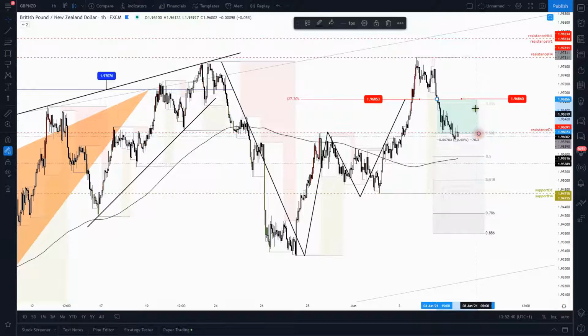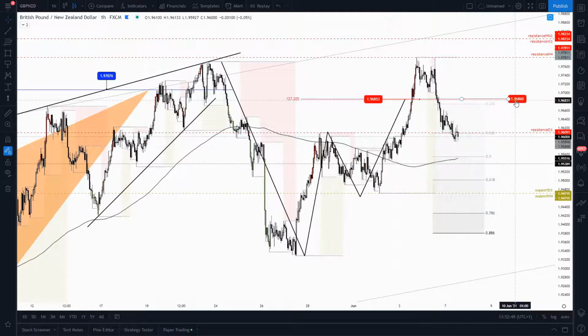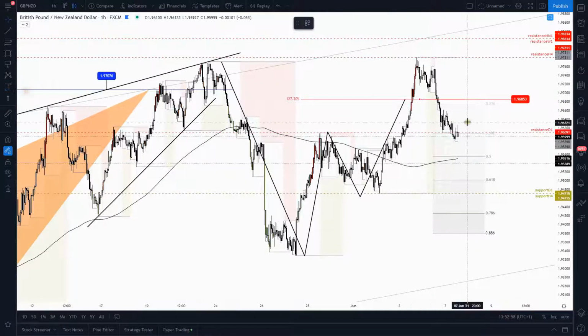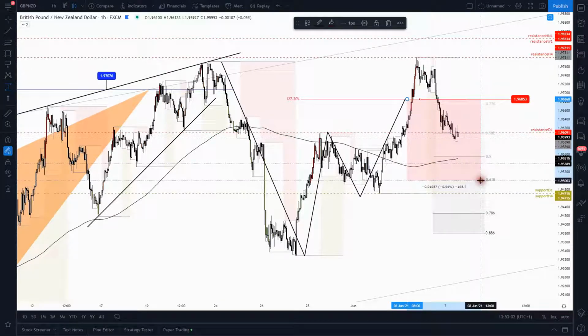So I need to adjust my stops, and as soon as the price touches the 38% fib, I will do that exactly. I will move my stops to my entry point, and if the price decides to trade to the second target, the golden fib, that may help me maximize this trade specifically. But it's important, the most important